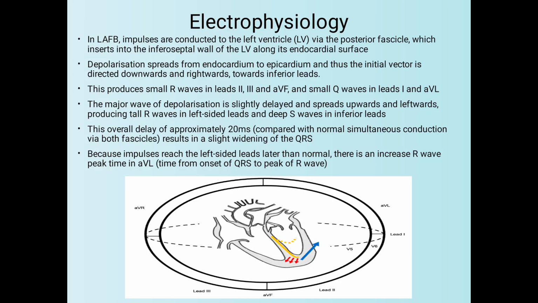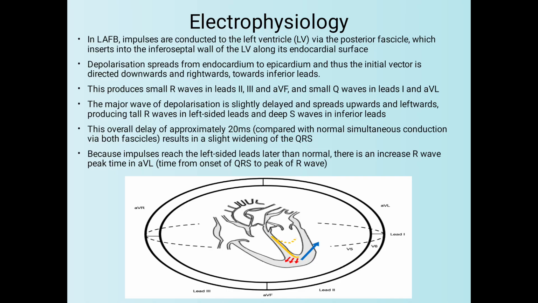Coming to the electrophysiology of left anterior fascicular block, here the impulses are conducted to the left ventricle by the posterior fascicle, which inserts into the inferoseptal wall of the left ventricle along its endocardial surface. Depolarisation spreads from endocardium to epicardium, and thus the initial vector is directed downward and rightward towards the inferior leads. This produces a small R wave in lead 2, 3 and AVF, and a small Q wave in lead 1 and